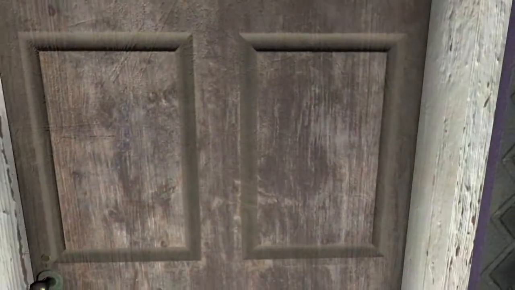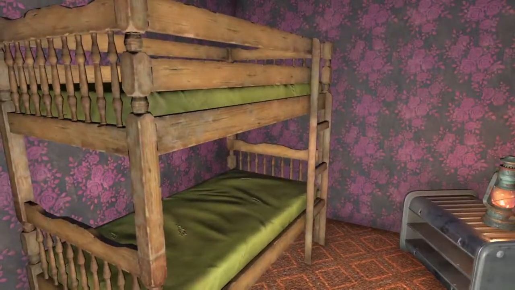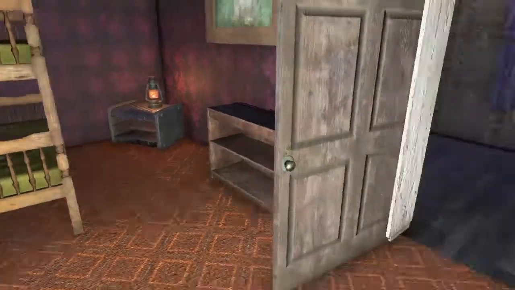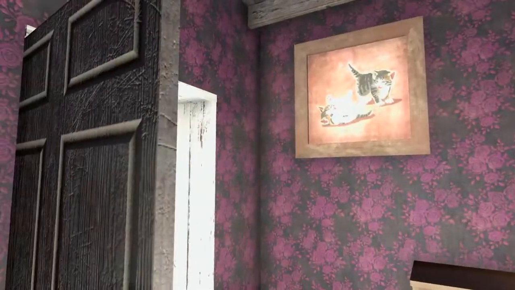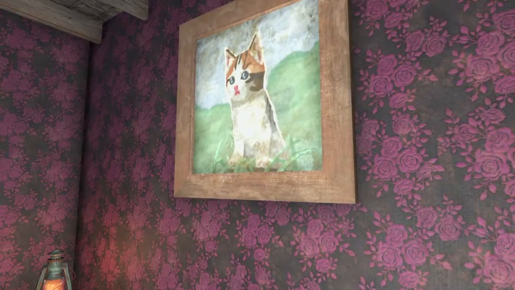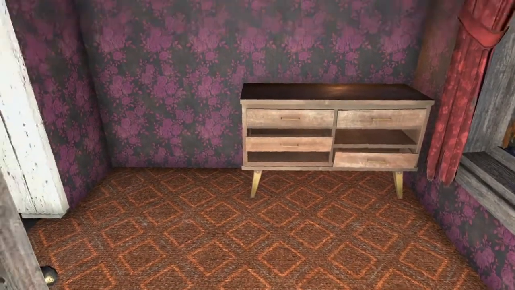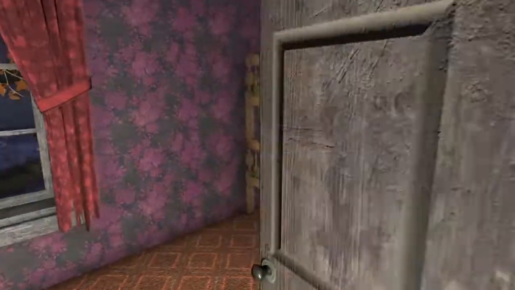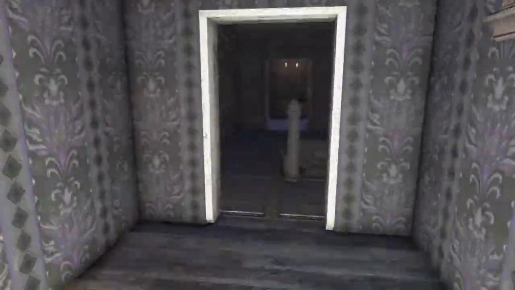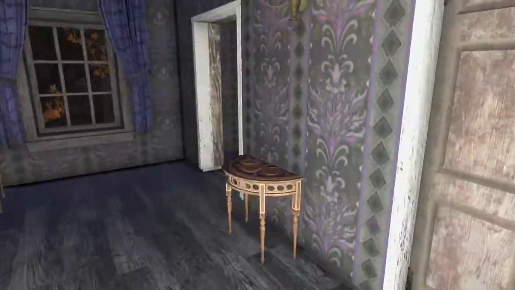Next room over would be a children's room. A little more room because of the smaller bunk beds, but basically the same size and the same decorating theme. Wall decor a little bit more childish, but the wallpaper, rug, and drapes are basically the same. And we go out of here and go to the west wing upper floor. We have the same little hallway